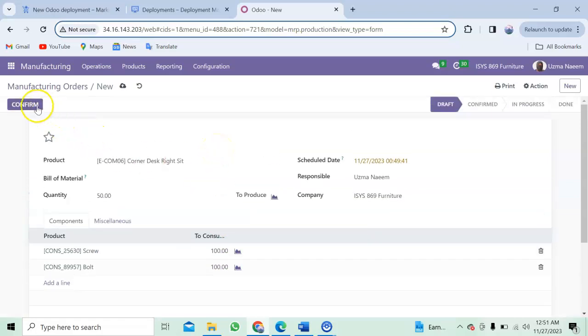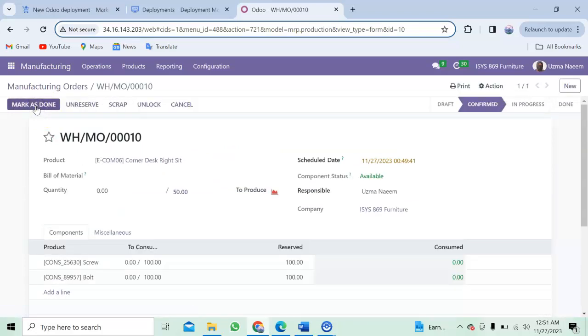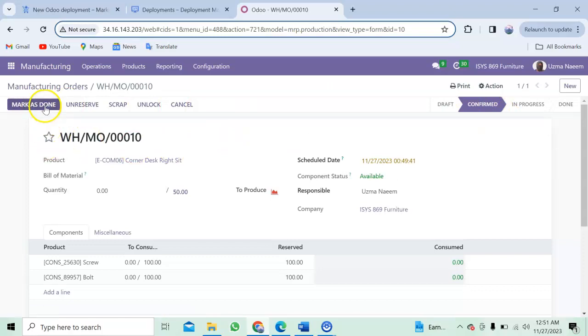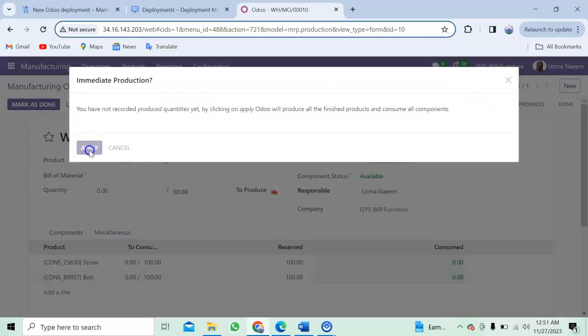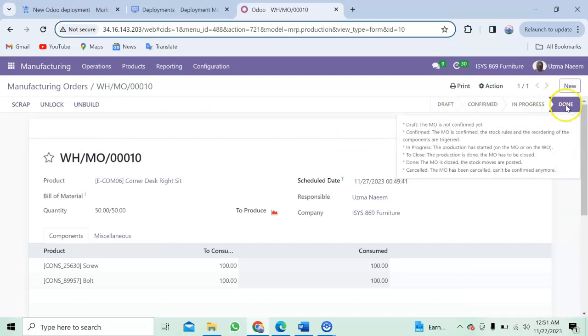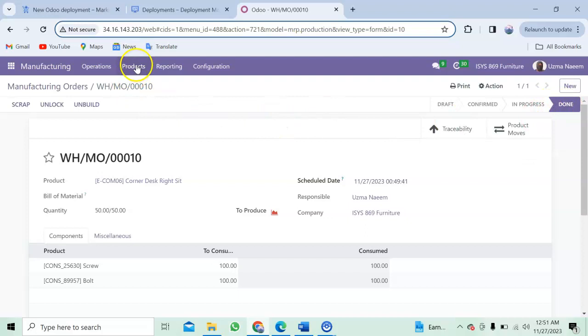Now as soon as I confirm my manufacturing order, it says it's confirmed, and as I mark as done and apply, the highlighted portion shifts to Done. Let me check my inventory